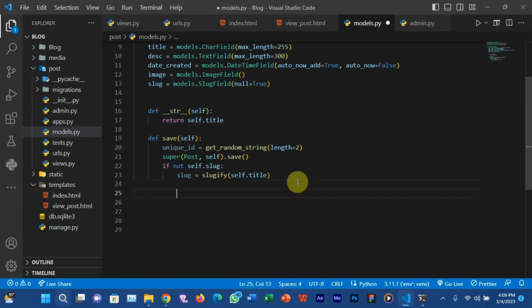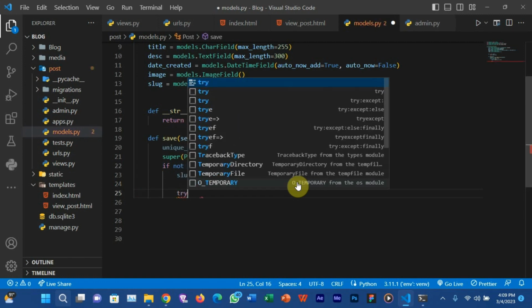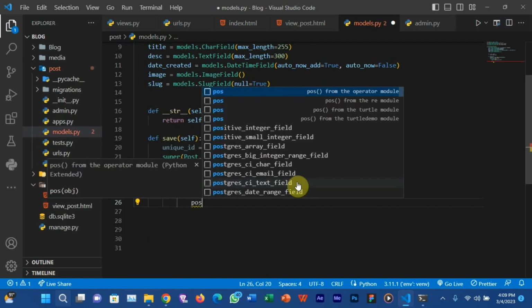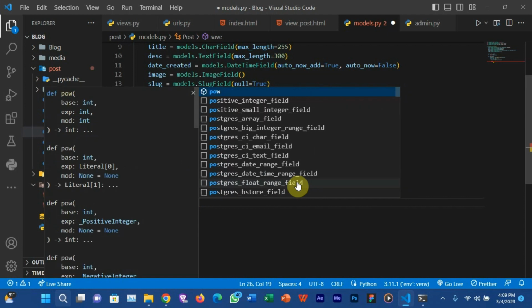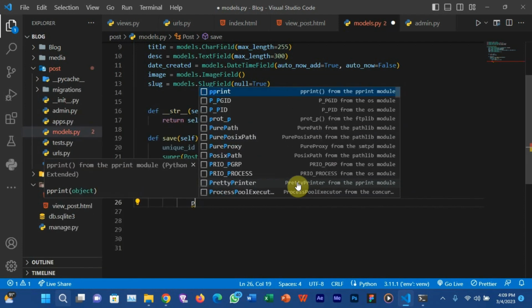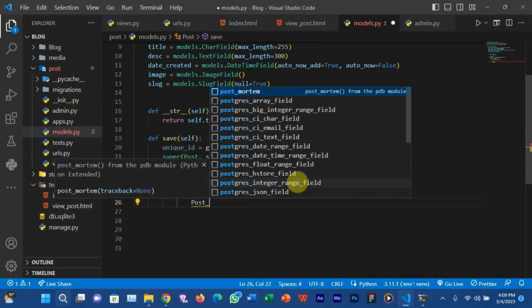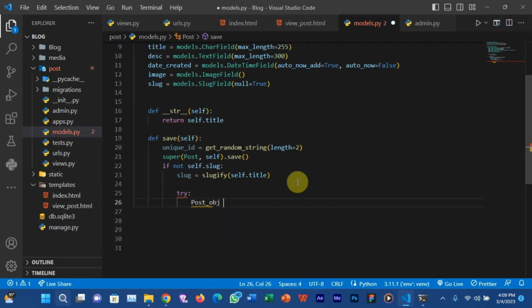We need to do some error checking here. So try: post_obj. It's just a simple variable, so you can give it any other name you prefer. I just use this variable name so that it will be more readable.